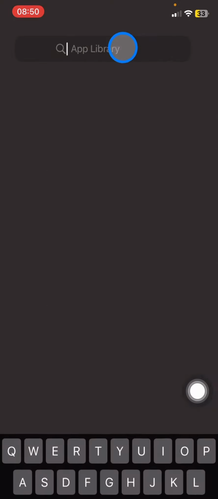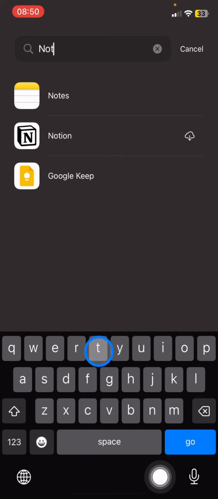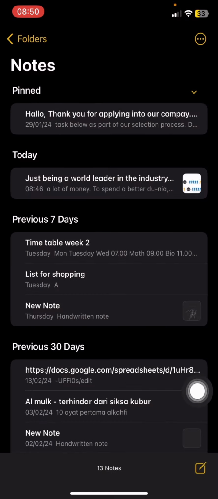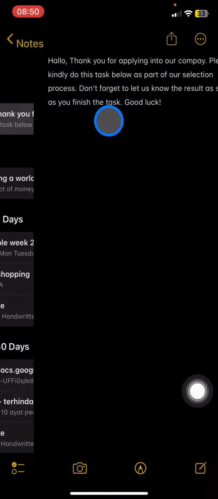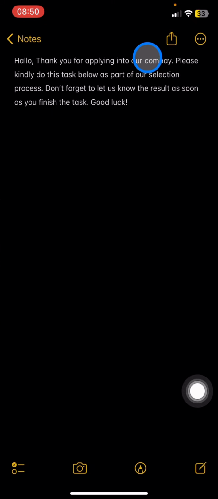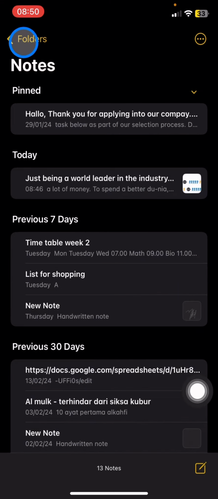So you just need to open the Apple Notes on your phone, and click it whenever you find it. The next thing we need to do is pick the documents that we want to lock. After you find one, I suggest you open it first and then go back, just to make sure that this is the correct document that you want to lock. Next, click and hold.